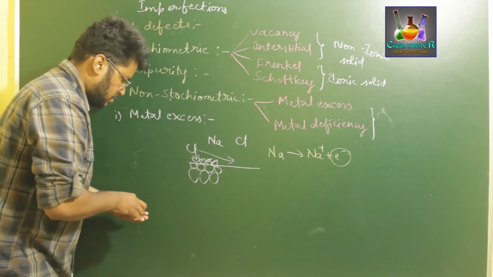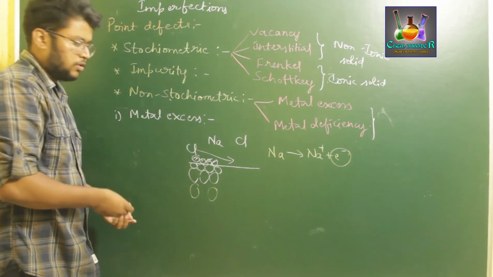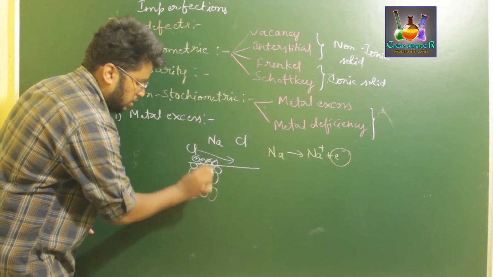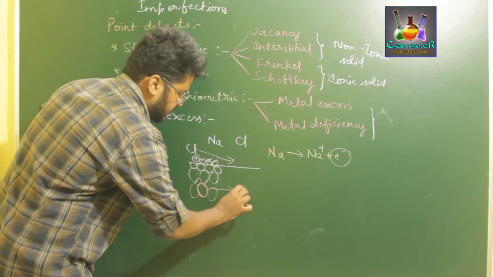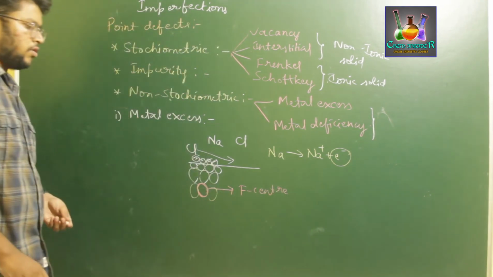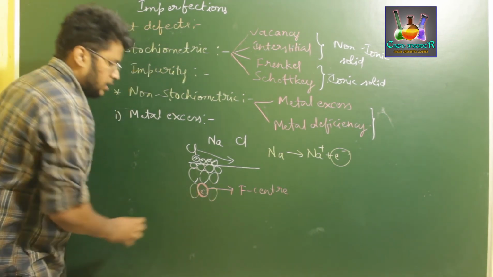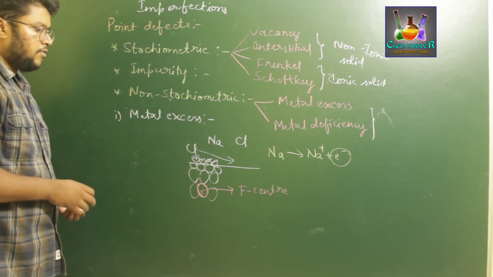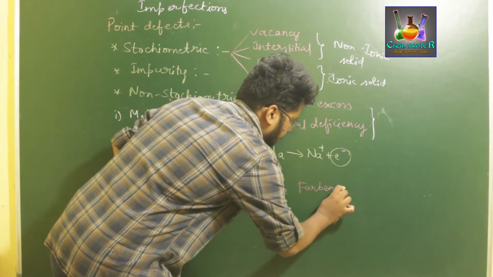So if these are the sodium atoms considered like this, one or two of the electrons get jumped into the vacant anionic site. This vacant anionic site is called the F center. So the electron released by the sodium occupying an anionic site causes an F center, which is called the Farben center.